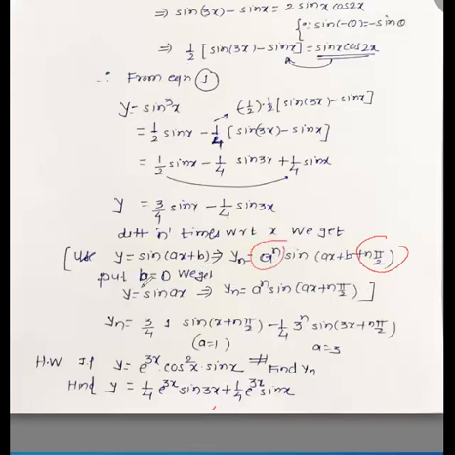Now first put b equal to 0. So we get sin ax. Its nth derivative is a raised to n sin(ax + n times pi by 2), because b is 0. So use this formula here, 3 by 4.